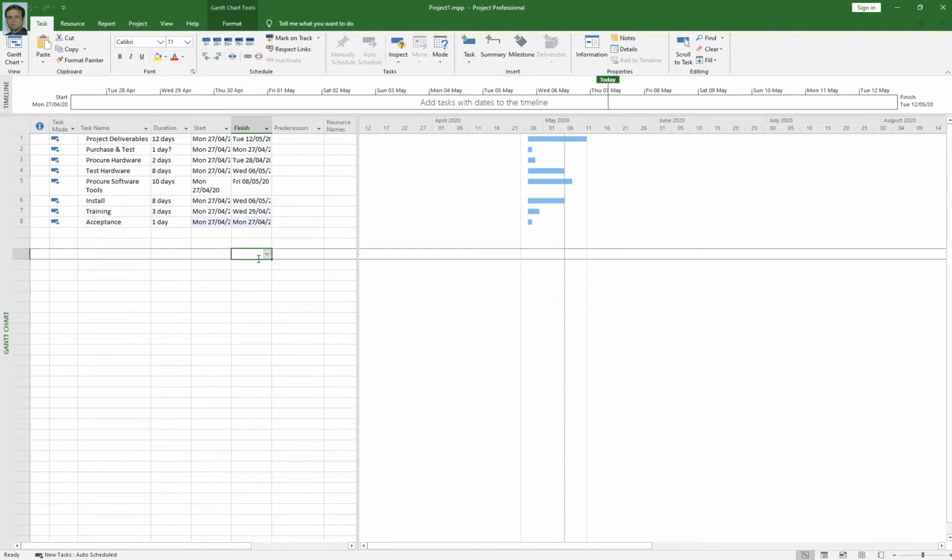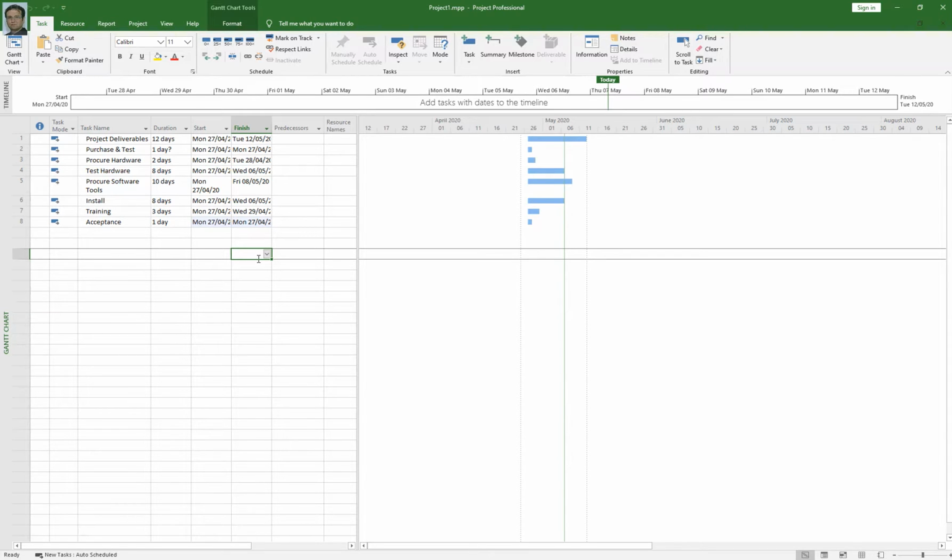We take our activities, and in the next phase, that is sequence activities, we correlate our activities, which activity will start first and then what is the successor and predecessor of your activities, and then you sequence them. When you sequence them, you prepare network diagram. So I'm going to talk in this video today about how to link tasks to build a schedule. You can link tasks in Project 2019 by different methods.